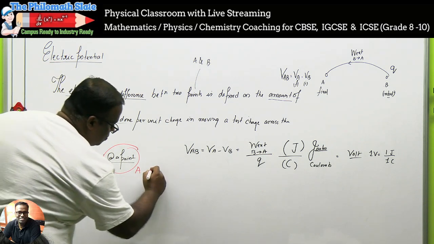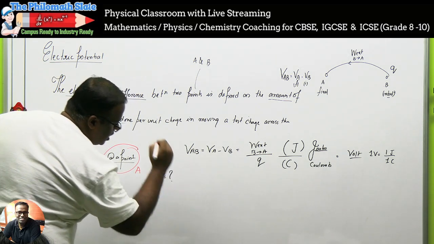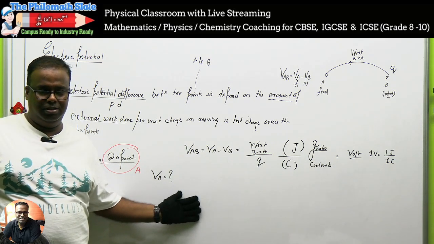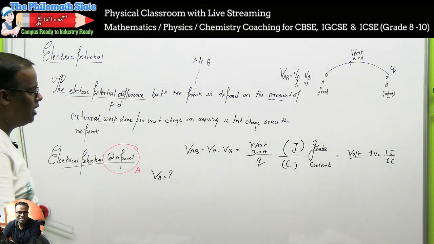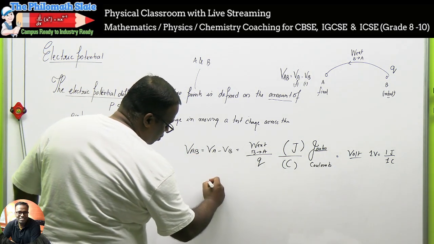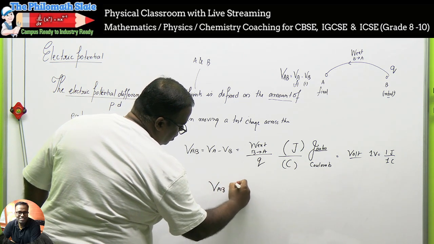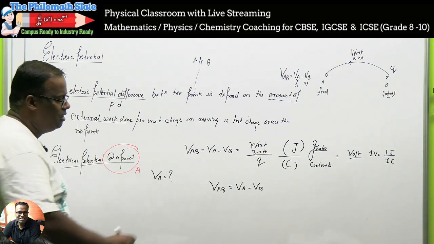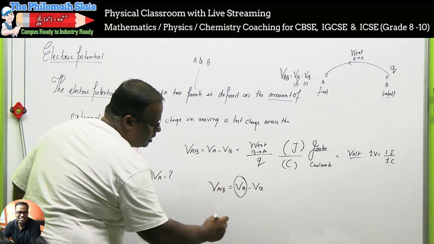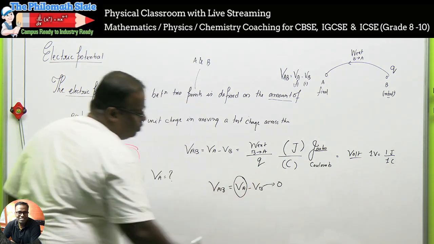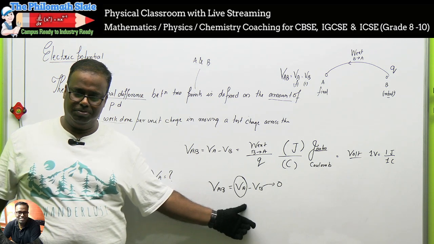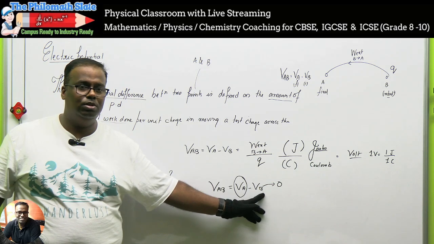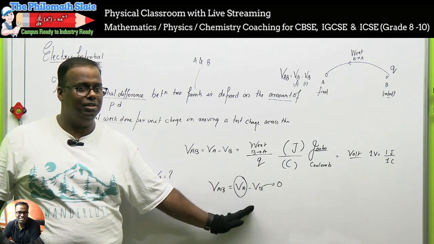ठीक है। सो वी नाउ वांट टू मेजर व्हाट इज VA, हमें VA चाहिए। सर क्लास के स्टार्टिंग से आप बोल रहे हो VA तो मेजर ही नहीं हो सकता है, लेकिन जुगाड़ लगाना पड़ेगा। कैसे जुगाड़ लगाएंगे? इसी एक्सप्रेशन से करेंगे। जरा सोचो, VAB is equal to VA minus VB. What am I interested in finding out? VA। किसी ना किसी तरीके से इसको अगर 0 कर दूं तो VA मिल जाएगा।